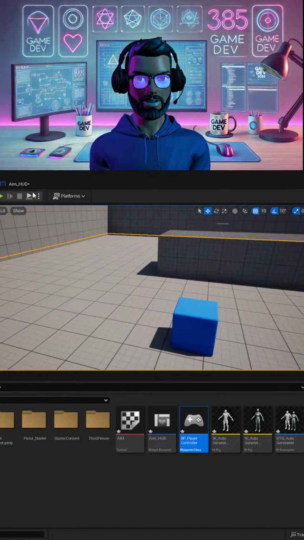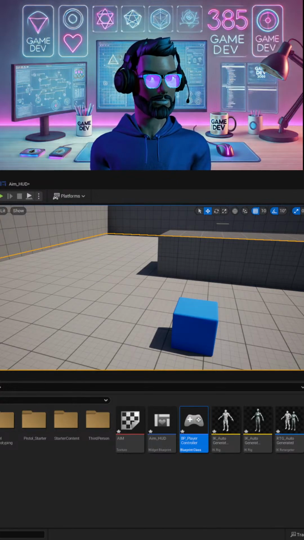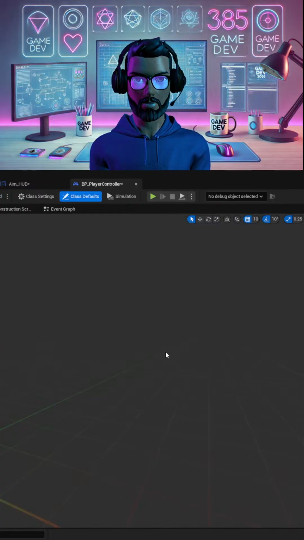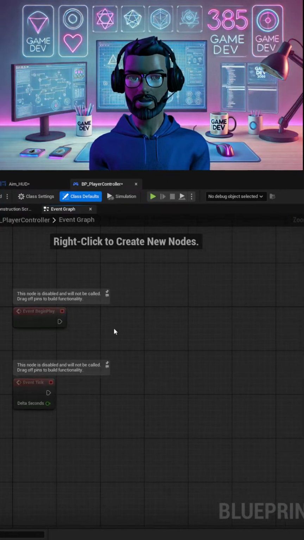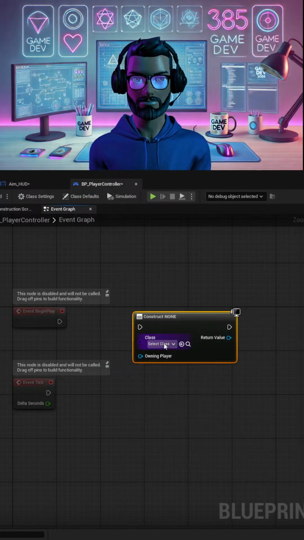Okay, world settings. Here they are. So I'm trying to add this player controller to the world settings. Here you go. And the reason why I'm doing this is because I want to add the HUD by doing a widget